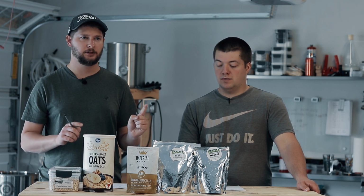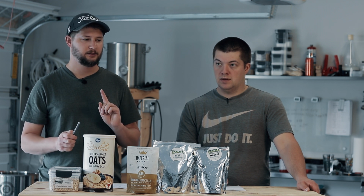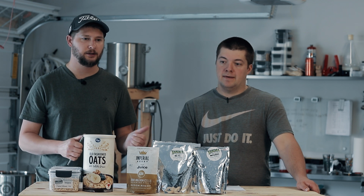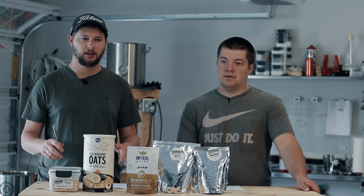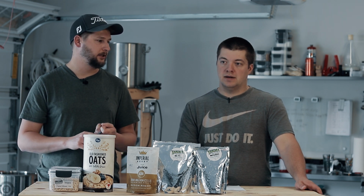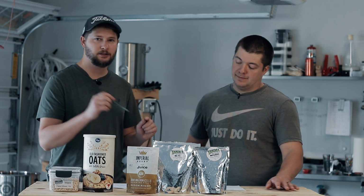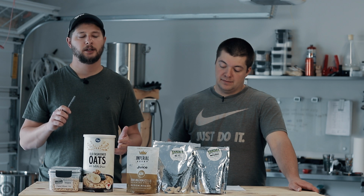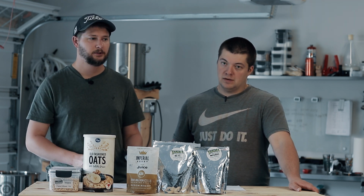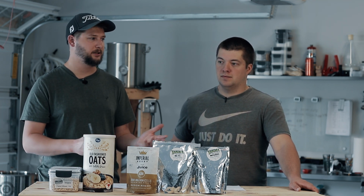I've been shooting for a 2-to-1 chloride to sulfate ratio, and I think this is actually kind of telling because you brought over a New England IPA last night, and it was phenomenal. It was really good, and I want to say you used a balanced profile on that. You can get into all of the chloride and sulfate stuff and the water profile stuff, but I wouldn't stress about it too much. It may help, but even between a 2-to-1 and a balanced, which would be a 1-to-1,